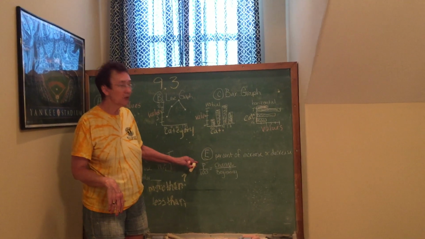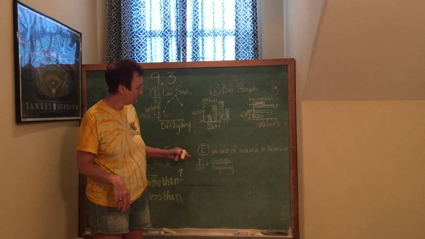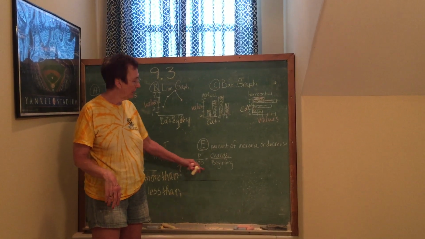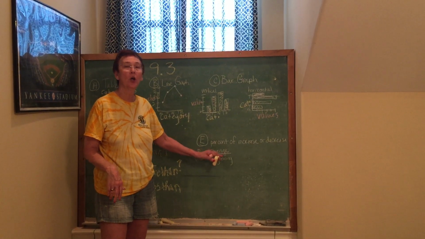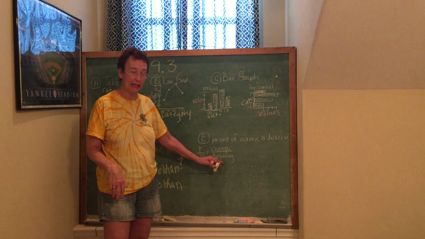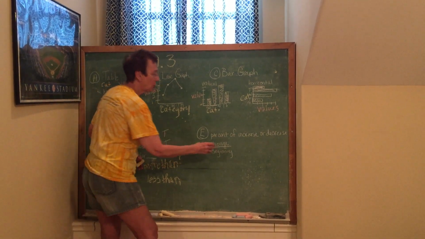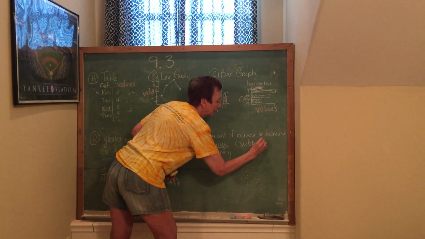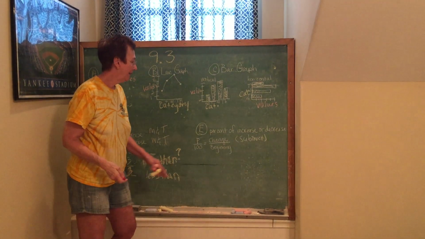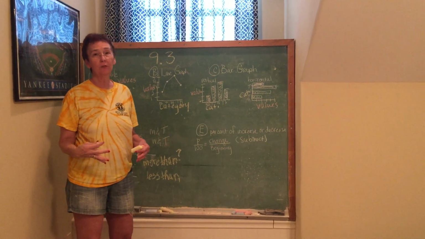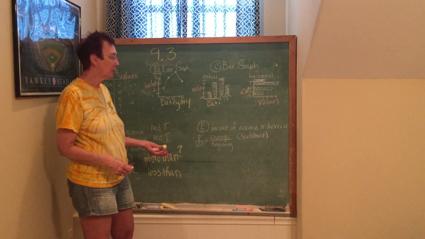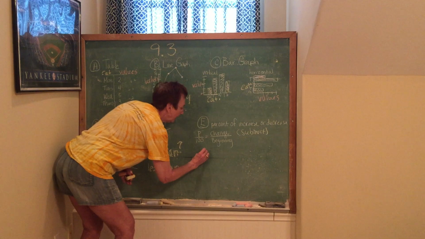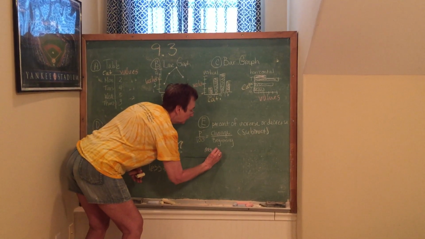Remember that the percent of increase you found by doing a proportion. P, your percent over 100, is equal to the change over what it was at the beginning. And if you'll remember, the change means for you to subtract, okay? And the beginning means which one was listed first. So if I want you to find the percent of change from Monday to Tuesday,